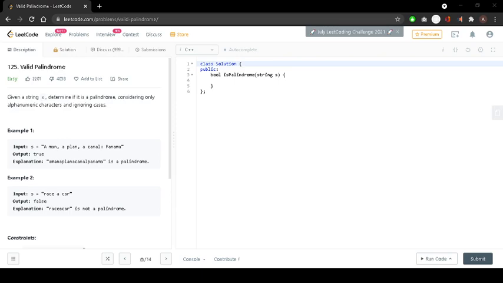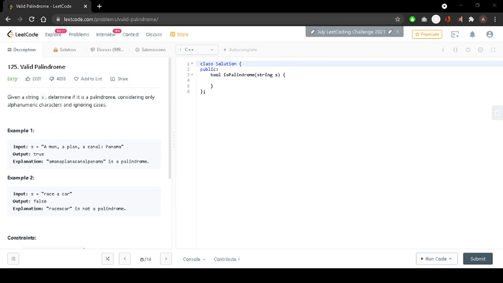So here, what I think the solution should be, a brute force solution at first sight, is that we should remove all the characters except for the alphanumeric ones and store them into another string, or if possible store them in the same string, and then we should compare whether it is a palindrome or not.